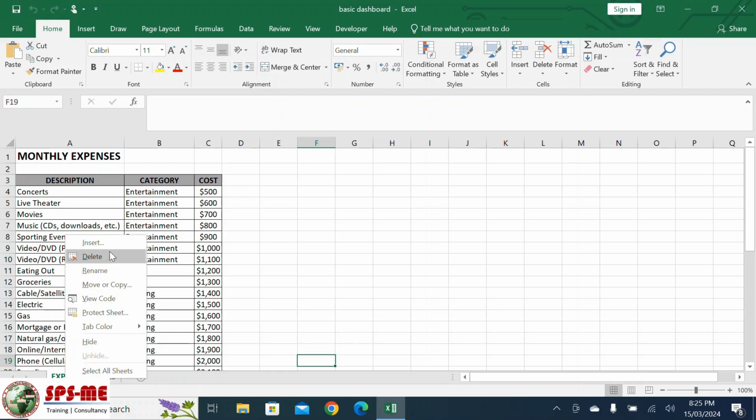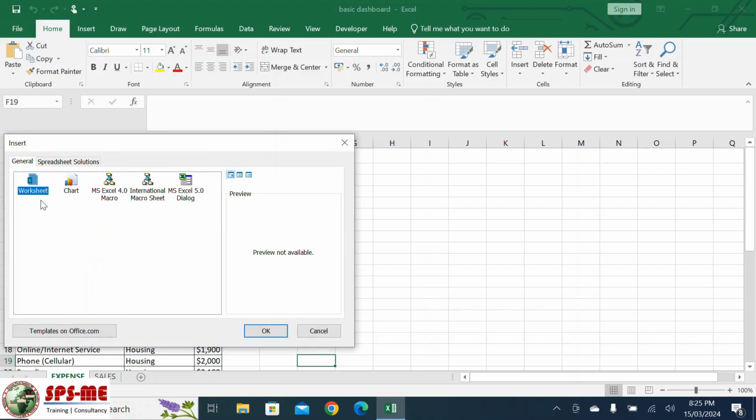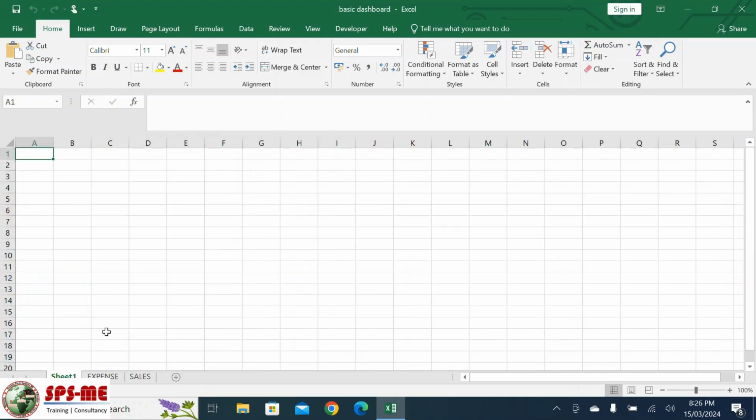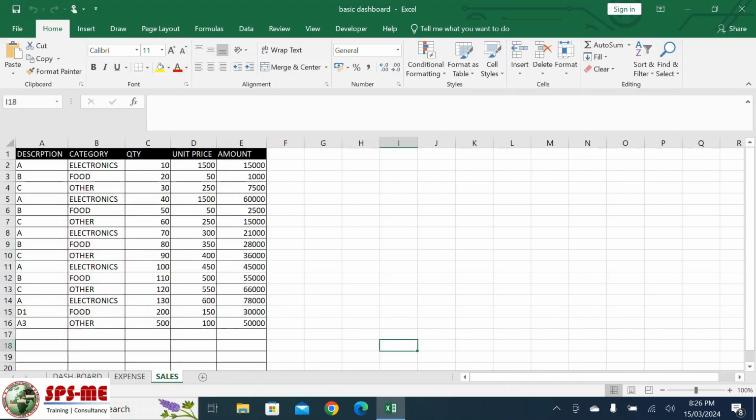Right click and click here, insert. Worksheet, then click OK. One more worksheet is created. Then I'm just going to give the name dashboard. In this dashboard, the first thing I want to do is see the total sales, and I want to see the total